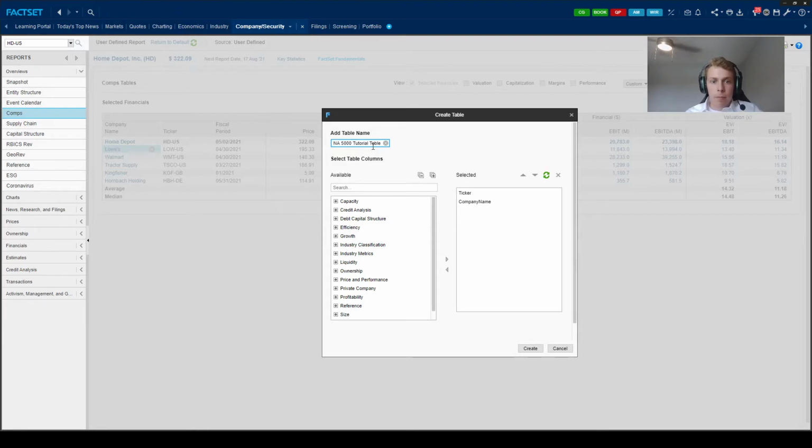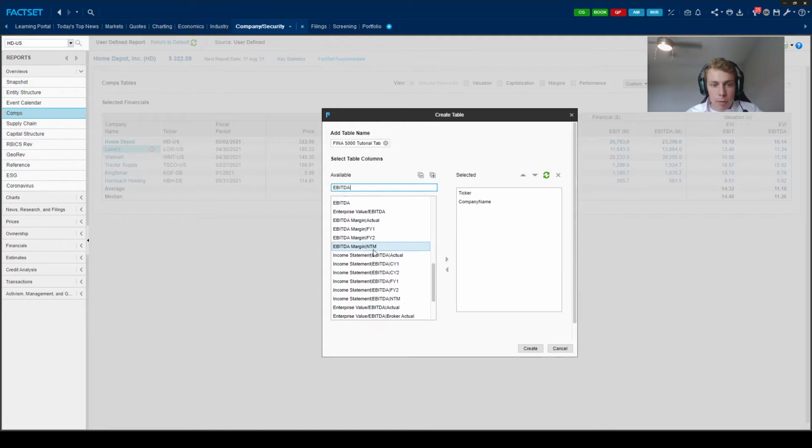table. So then now you have to go and search through and actually pick out which evaluation metrics you want to use in your analysis. So for our analysis, there's 3 main evaluation metrics that we're going to use. First, we're going to use the enterprise value over EBITDA. So to do that, I'm actually just going to search EBITDA, and then scroll down and find enterprise value over EBITDA, and we're going to do actual,